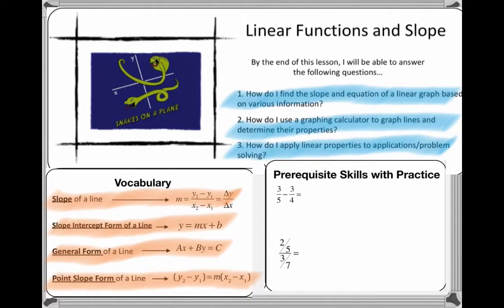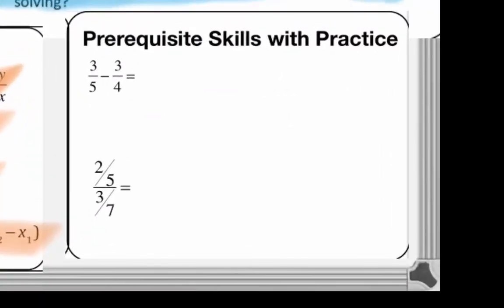So first up, let's take a look at what we do with fractions in peculiar situations. Okay, we have fractions that are written horizontally there. One of the quickest ways, I think, to do these is this method. I know that we can find common denominators, but this is how I usually do them in my head if need be. So what I do is take these two numbers and multiply them,